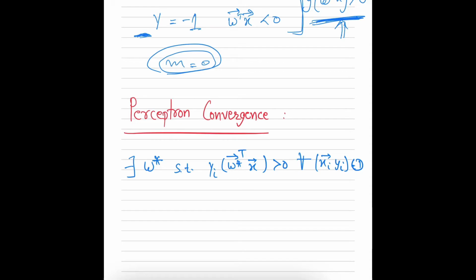To avoid dealing with the scale of the w vector, we fix our scale and rescale our w star such that its norm is 1.